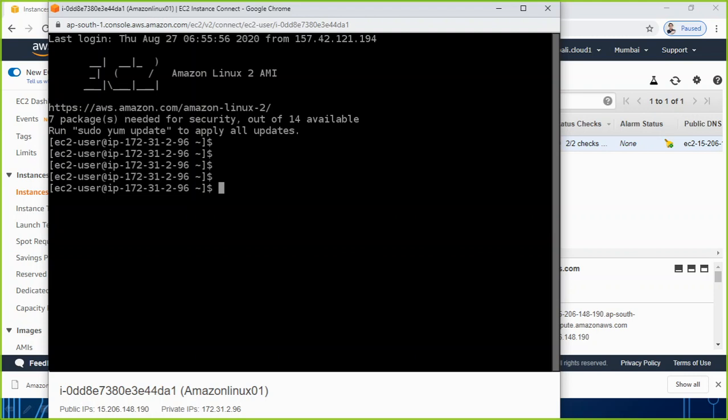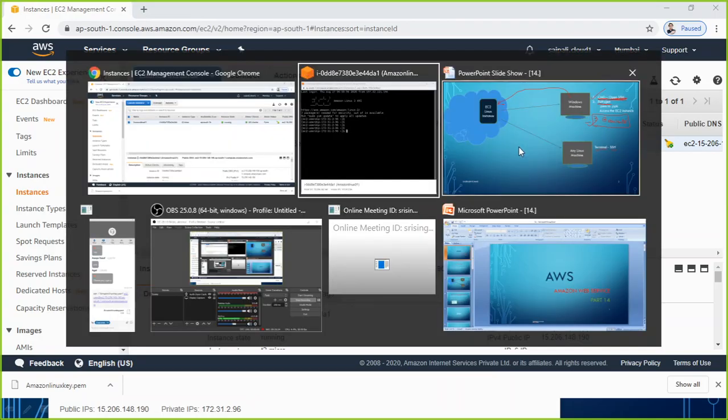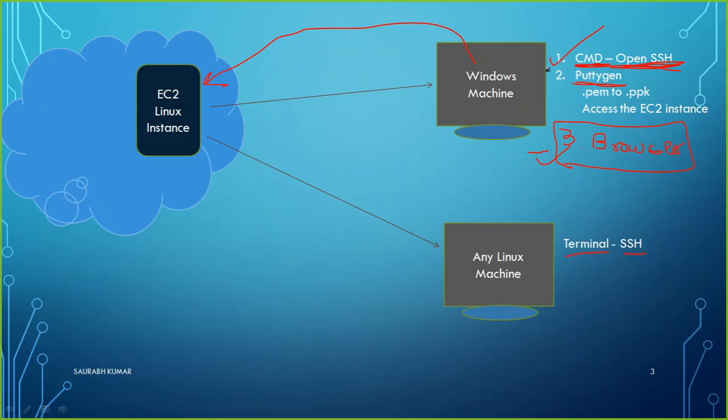So this is nothing else, I'm trying to tell you how you can remotely access your Linux instance from any Windows machine. Now these are the two tasks we have finished with. I have finished with how to access it through the command prompt, and how you can access it through the browser. Now let me show you this option, how you can access it with the help of PuTTY software.